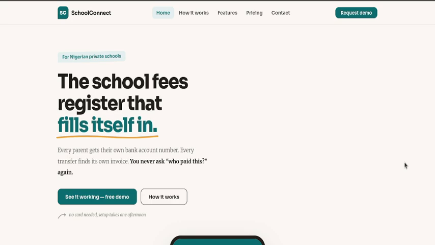And once parents pay in to the accounts that you give them, immediately on your dashboard, you get who has paid. You know if the payment was full or in part, because these days a lot of parents pay 2, 3, 4 times before they complete the fees. And so you know who has paid, you know how much they have paid, you know if there's a balance to be paid, you understand if it's a full payment or whatever metric you are measuring. SchoolConnect helps you with it. And you do absolutely nothing.